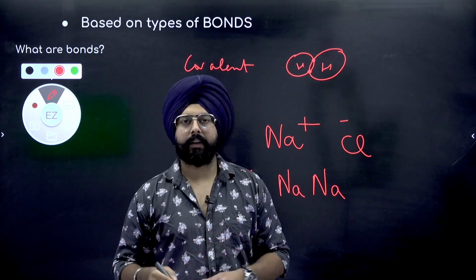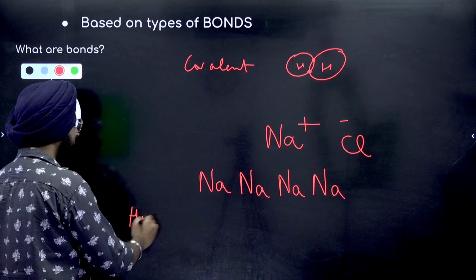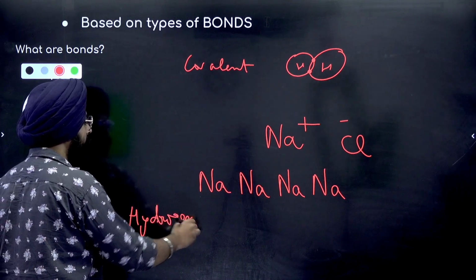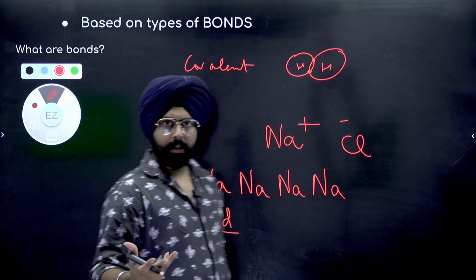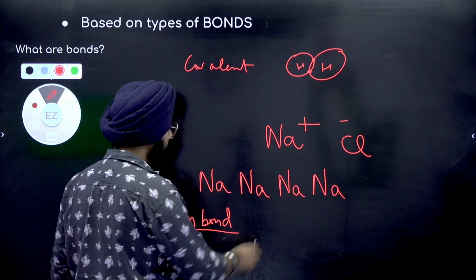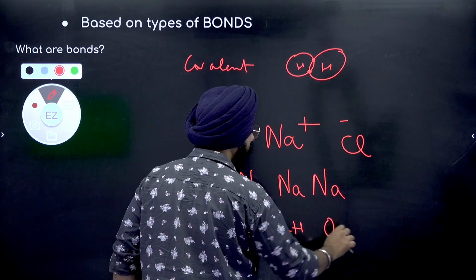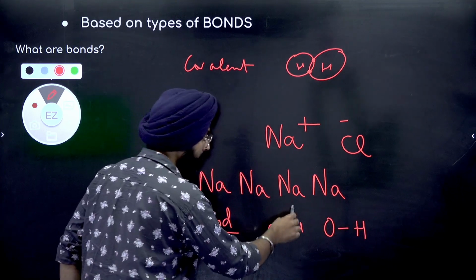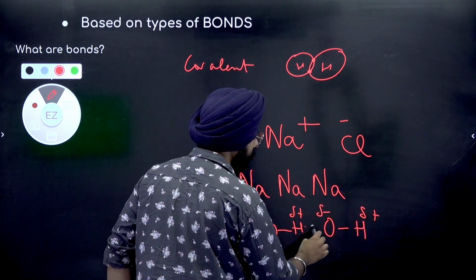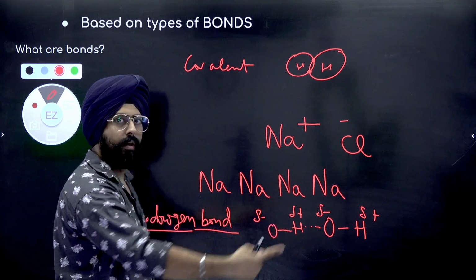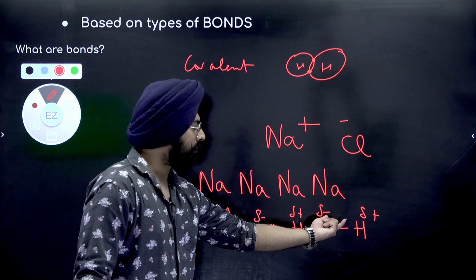So now there's another category of forces that we might have forgotten. Do you remember hydrogen bond? Yeah, we just saw that a little while ago in the case of water. Hydrogen bond. Yeah. What's going on over here? Basically, you have a dipole which is attracting another dipole, isn't it? Partially positive character on hydrogen, partially negative on oxygen, partially negative, partially positive, attractive force. This attractive force is because of positive character of hydrogen attracting negative character of oxygen.